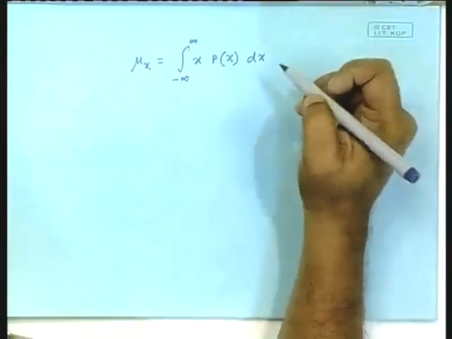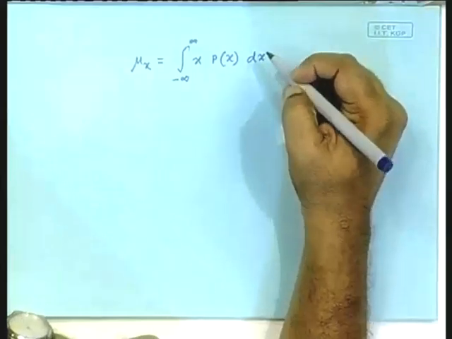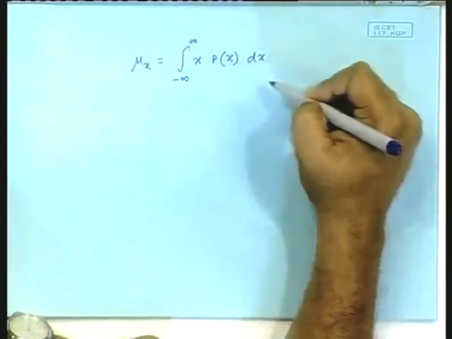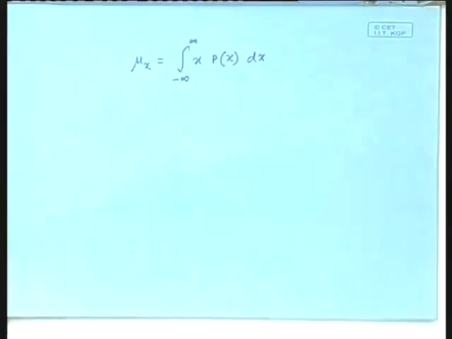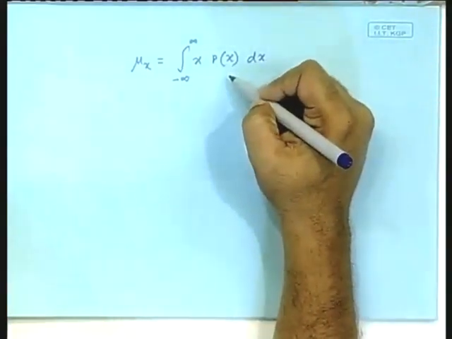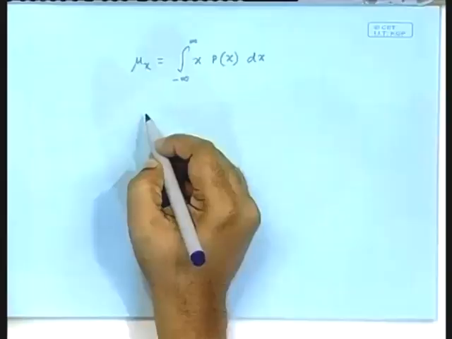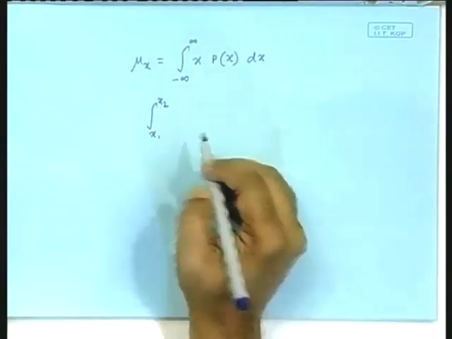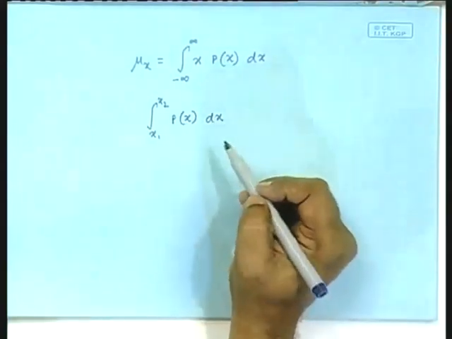The question was, who was the question? He is absent today. Someone asked that this will have the dimension of x square. This will actually not, because of the way p(x) has been defined: the probability of finding the state x within a certain range is given as the integral from x1 to x2 of p(x) dx,